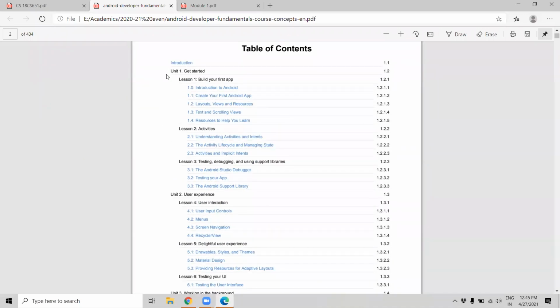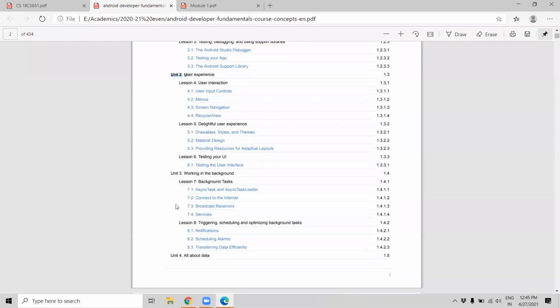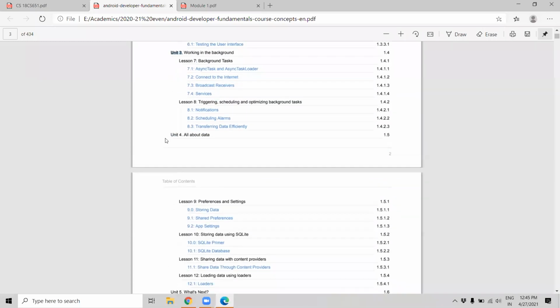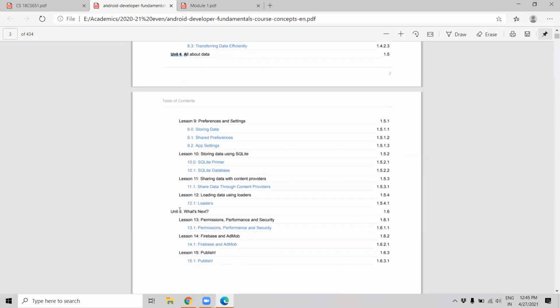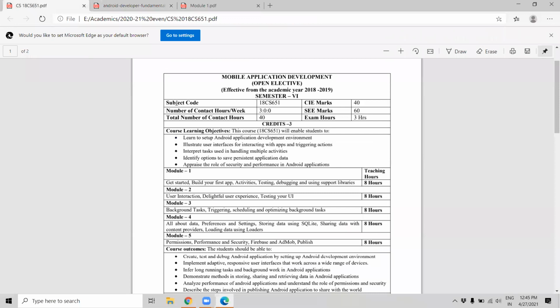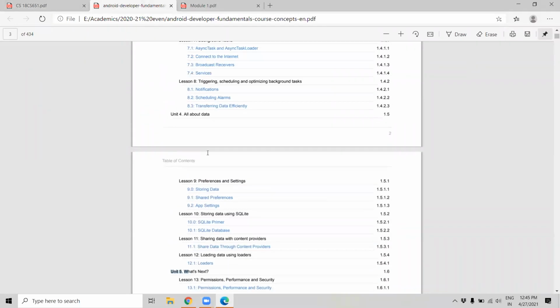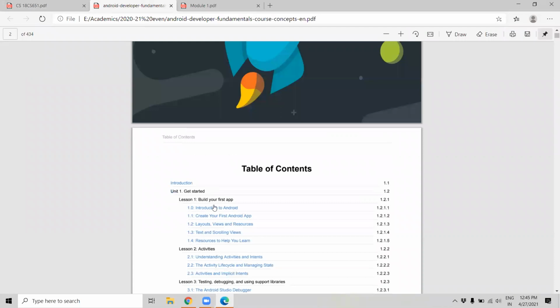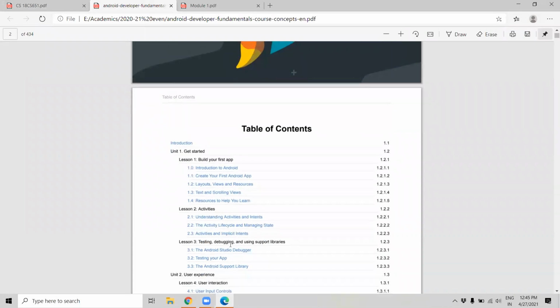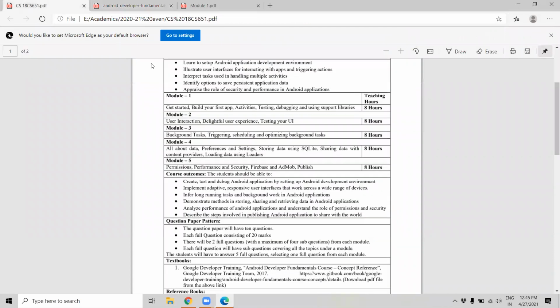See, if you see the syllabus, Unit 1, Unit 2 is nothing but Module 1, Module 2. This will be Module 3, Module 4, and Module 5. The same thing, they have kept as the syllabus here. Module 1, 2, 3, 4, 5 exactly match the chapter names. Exactly, you will see Build Your First App, Activities, Testing, Debugging, and Support Libraries.